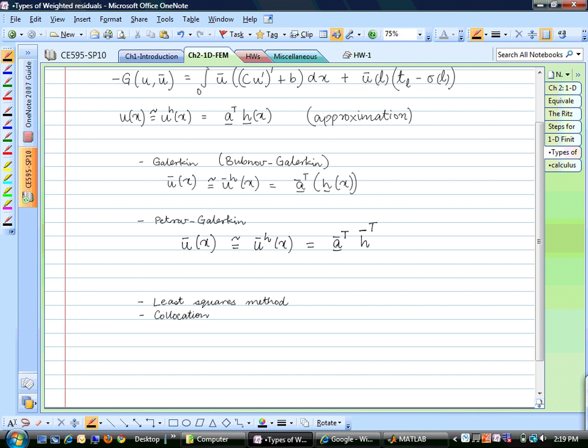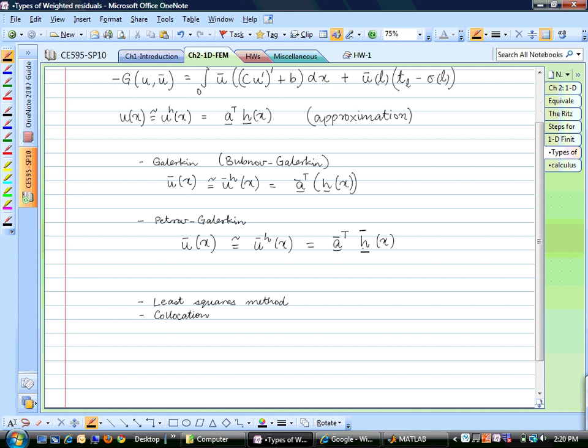Just to differentiate from the earlier basis functions, I'm including this bar on top. So these are different basis functions. If you choose a different basis function for your virtual displacement and a different one for your real displacement, it falls into the category of Petrov-Galerkin,